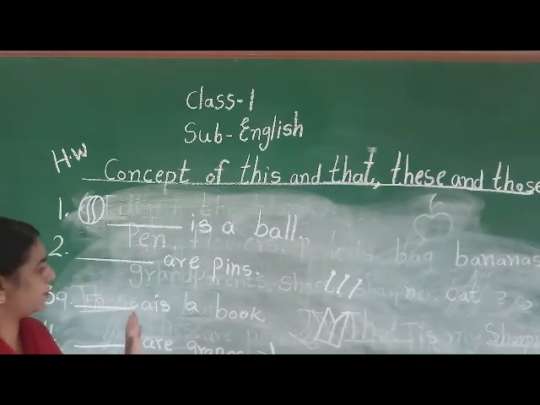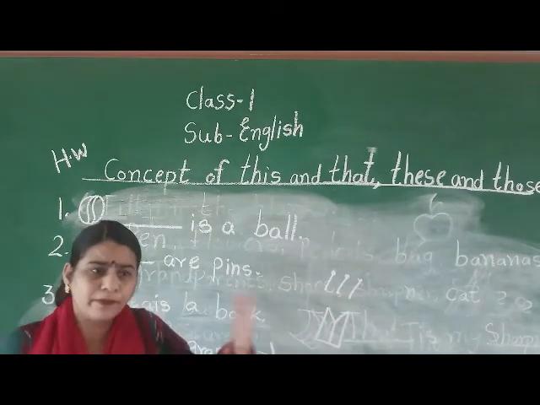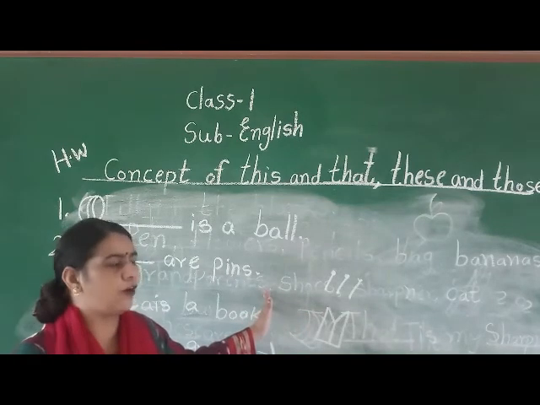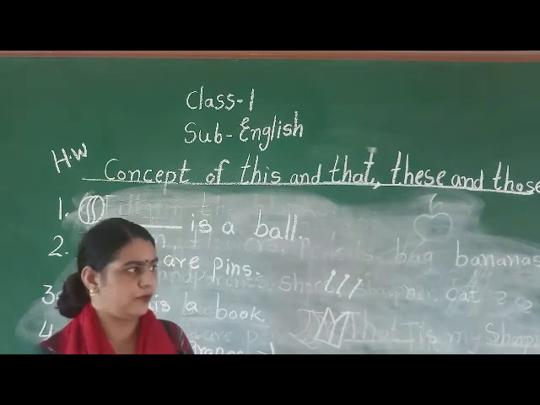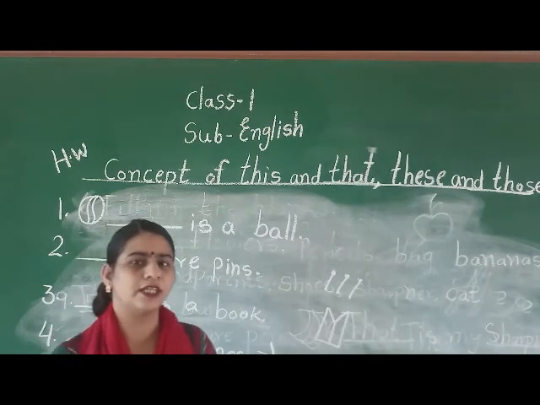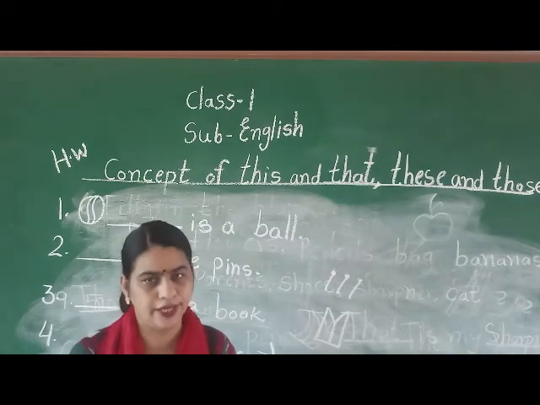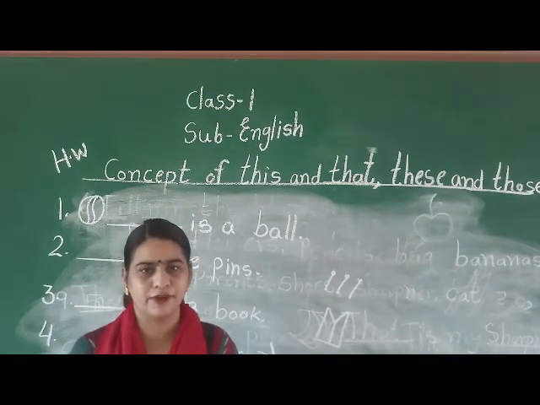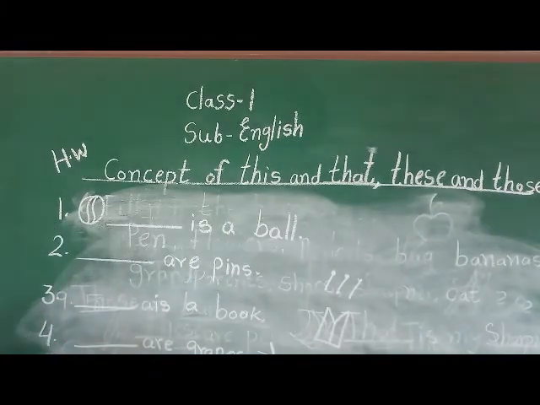And if the pictures are away from the sentence, that means away from you. But right now from the board or from your notebook, how will you understand that it is away from the sentence? When it is away from the sentence and the quantity is 1, that indicates we have to use that. And if the quantity is more than 1, then we will use those. Okay. So now I am going to write number 5 here.